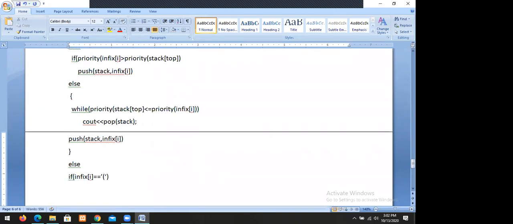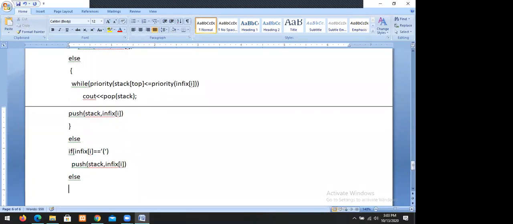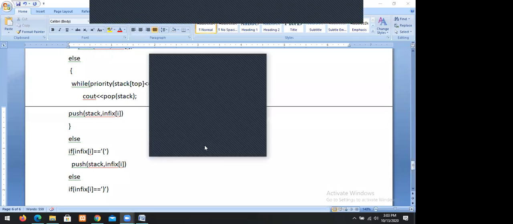So if infix of I is equal to open parenthesis, push stack comma infix of I. Else, if it is not an open parenthesis, then check if it is a closed parenthesis. If infix of I is equal to closed parenthesis,